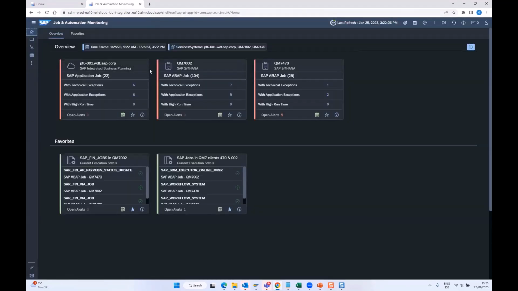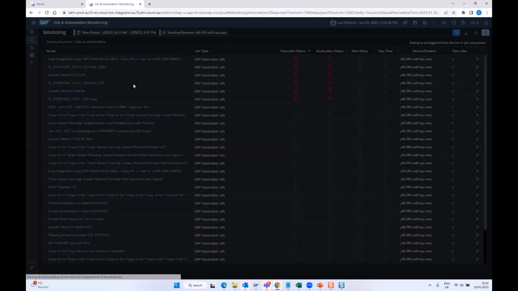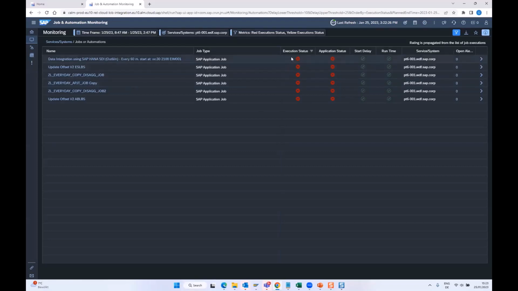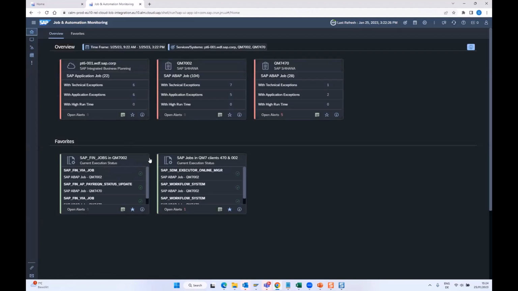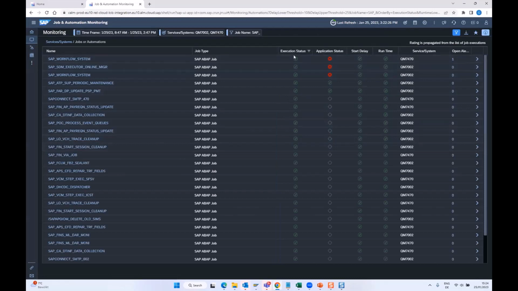I can also navigate directly from within the card. For example, by clicking here on the 6, I restrict the view to those that currently have an execution issue. In the case of the favorites, I see the top 3 jobs. Basically, if there is an issue with a job, then it will appear here on the list. Currently, there is no issue, so I don't need to navigate. At least with the execution status, there is no issue. That's fine, but